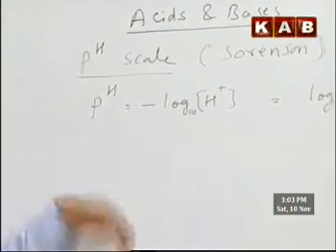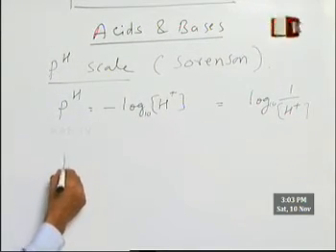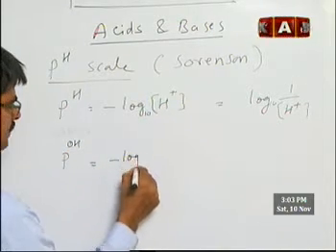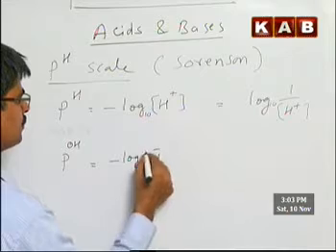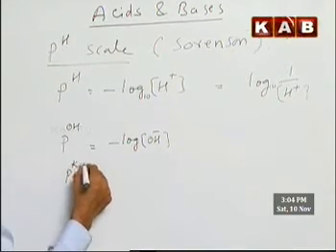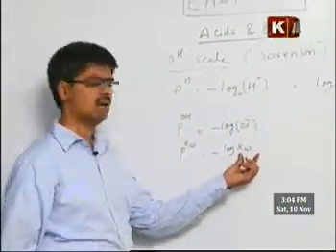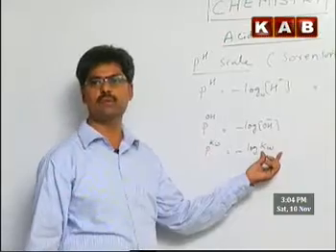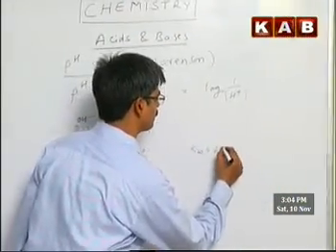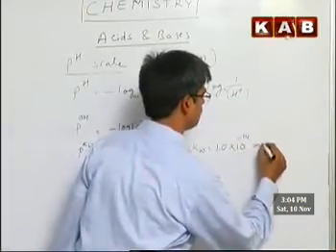Now the pH, there are some more similar terms. Suppose you have hydroxyl ion concentration, there we can use the term pOH also, which is given by minus of log OH minus ion. Similarly Kw is there, so we have pKw also, which is minus of log Kw, where Kw is called the ionic product of water, and this value will be constant at a given temperature. The value of Kw, as we know, is equal to 1.0 into 10 to the power of minus 14 moles squared per liter squared.